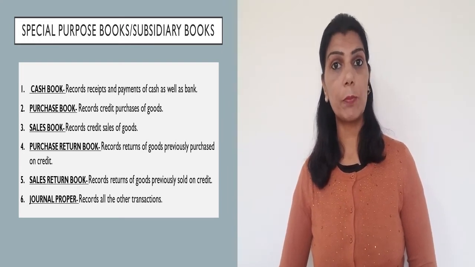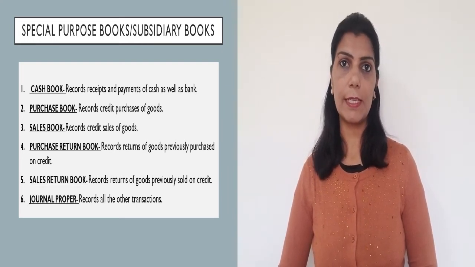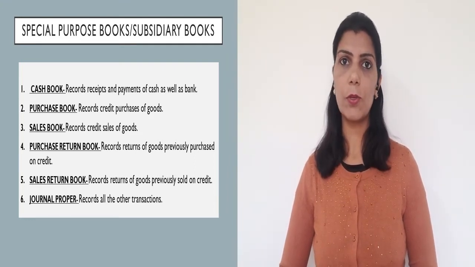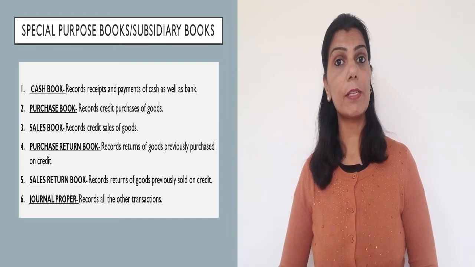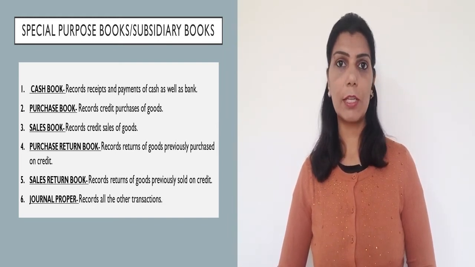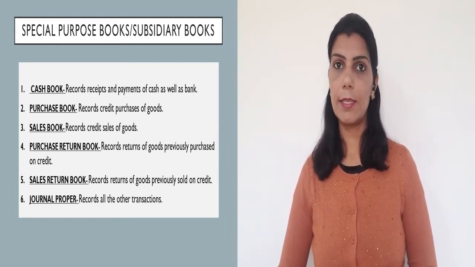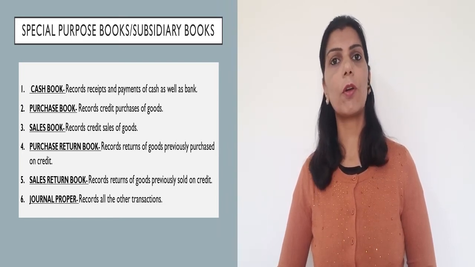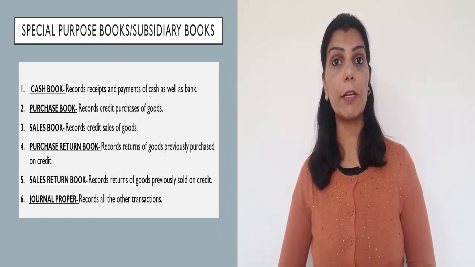Students, when we talk about business, there are numerous transactions in a day. And with the growth of business, the number of transactions also grows. So it becomes very difficult and bulky for a business to record all the transactions in one book of primary entry, that is journal. As such, journal is subdivided into subsidiary books to record all the transactions of similar nature